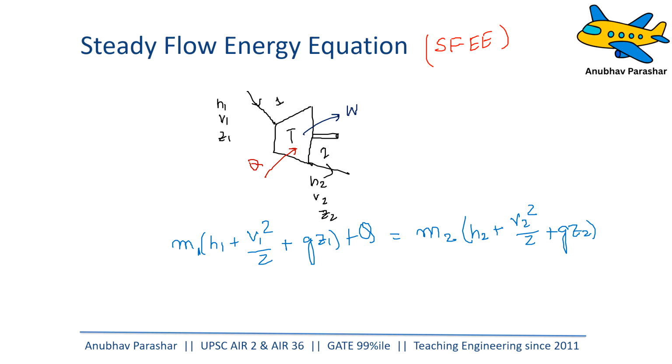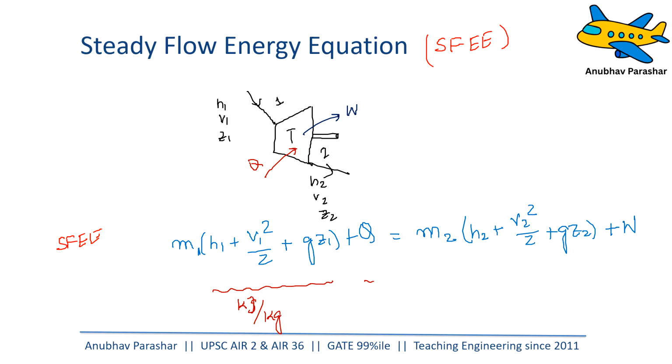And work is being done by the system. We are writing it on the left-hand side. So now this equation becomes the complete energy flow, the steady flow energy equation, SFEE. Now you have to keep in mind that these terms are specific, meaning generally they are written in kilojoule per kg,